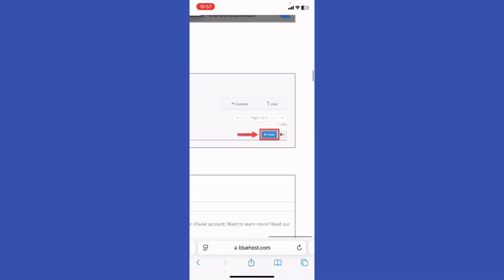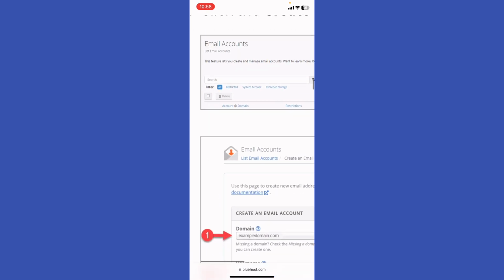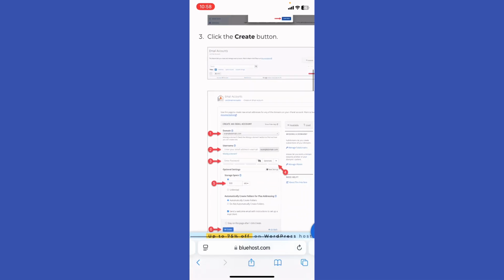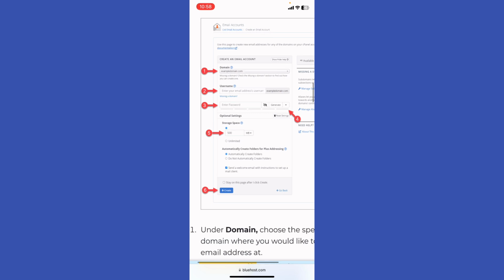Let me zoom in, click the plus button right here without adding anything if you haven't any, and then the first one, which is add your domain. If you have more than one domain, add the username and enter the password and basically make sure that